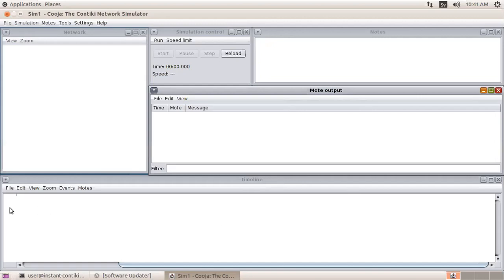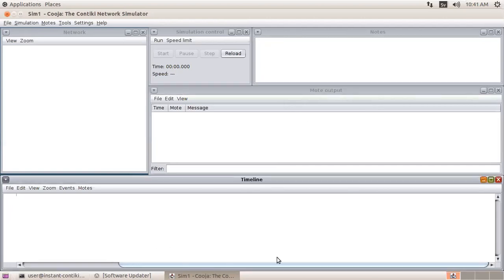And here we will have a timeline where the communication is occurring between the sensor nodes or the sink node, right? So in our network, we have two types of nodes. The first one is known as the sink node, which is basically to acquire the data from all the nodes deployed in different locations in our network, right?